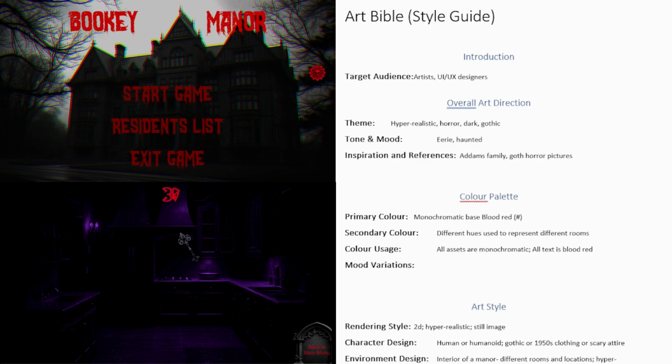We will be continuing to complete all of the design documents for my upcoming game called Bookey Manor. In this video, we will focus on the Art Bible or Style Guide. The Art Bible is a document that ensures that there is a consistent visual identity for the game. It provides guidelines on the art direction and serves as a reference for those working on the visual aspects of